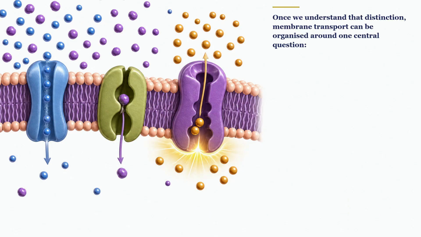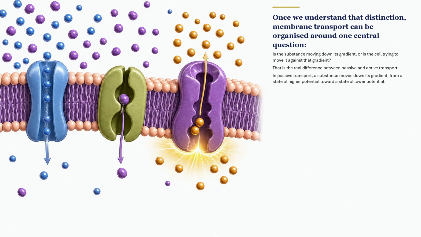Once we understand that distinction, membrane transport can be organized around one central question. Is the substance moving down its gradient, or is the cell trying to move it against that gradient? That is the real difference between passive and active transport. In passive transport, a substance moves down its gradient, from a state of higher potential toward a state of lower potential. The cell does not need to spend metabolic energy to drive that movement, because the gradient itself provides the